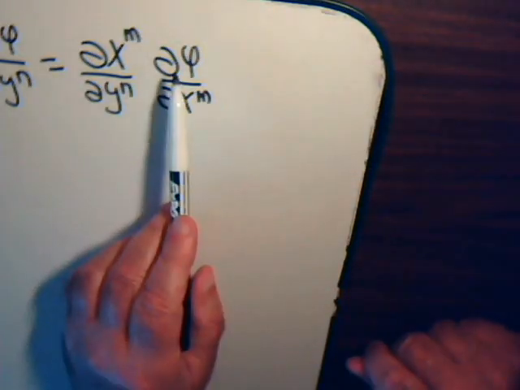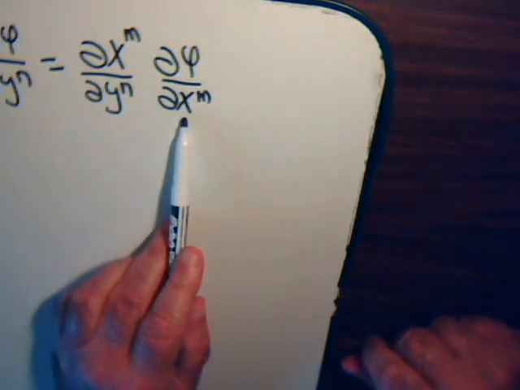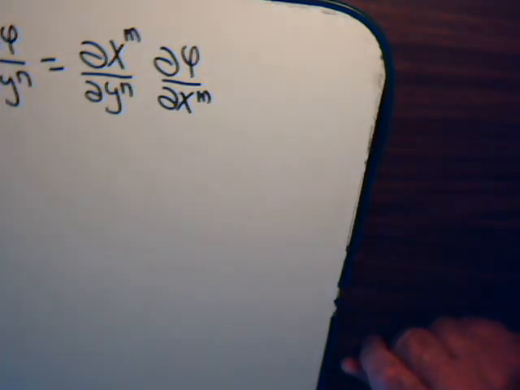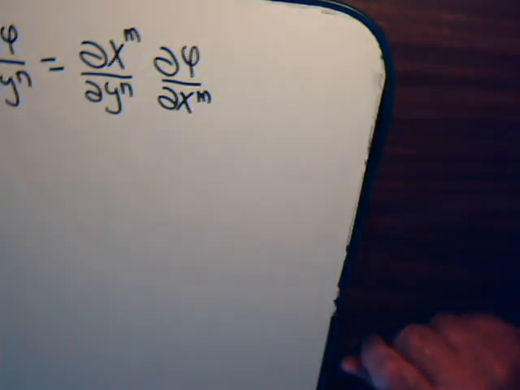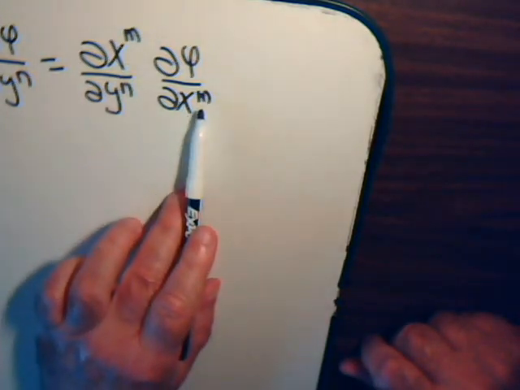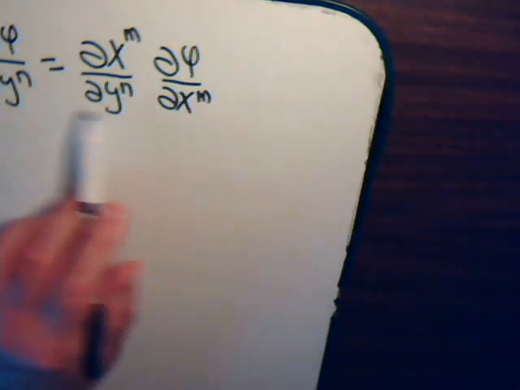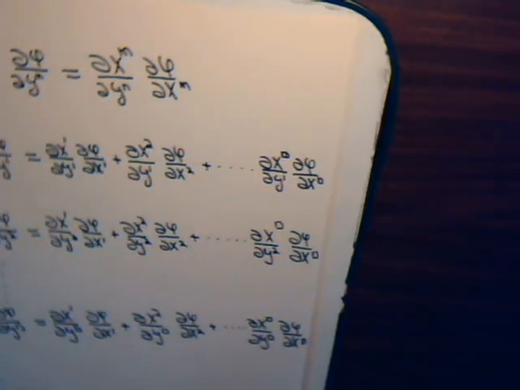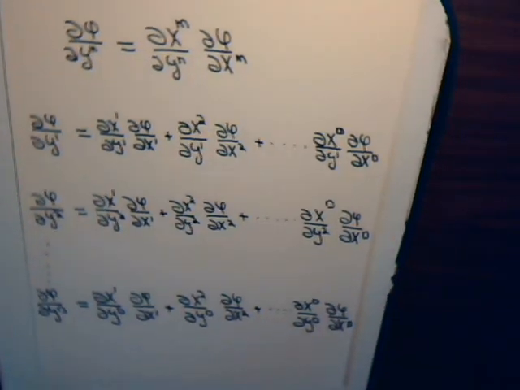So this was the component of a gradient vector in the x-coordinate frame. This was the component of a gradient vector in the y-coordinate frame. And again, we see this repeated index here. So this is repeated from m equals 1 to m equals 2 to m equals 3, and so forth, so that this equation right here is really representative of